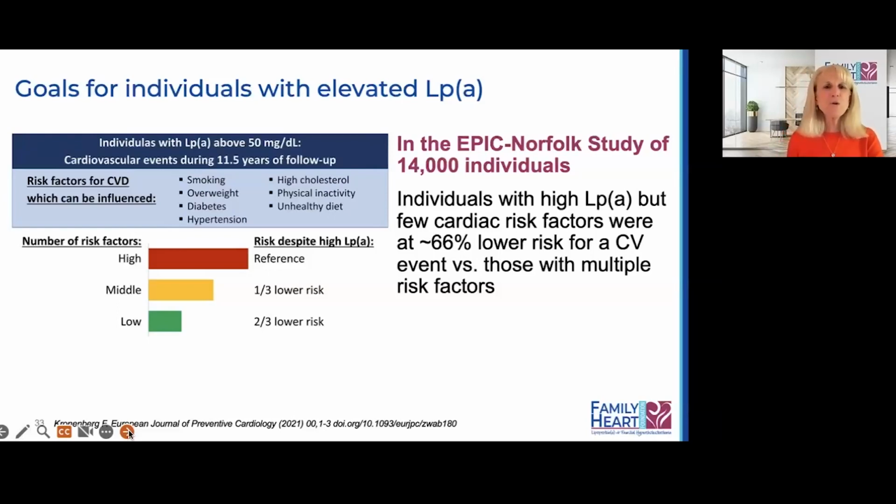She's 41 years old, or 40-something years old, and has crushing chest pain. She thinks she's having a panic attack. And it wasn't until after 16 hours, when her husband said, you're not looking good, you need to go to the emergency room, this is not your standard panic attack, that she was found to have a heart attack. And then subsequently, she had a pretty astute new primary care doctor. And that primary care doctor said, this is not right. You really don't have a lot of risk factors. I think we're going to have to check your lipoprotein(a). And lo and behold, she had an extremely high